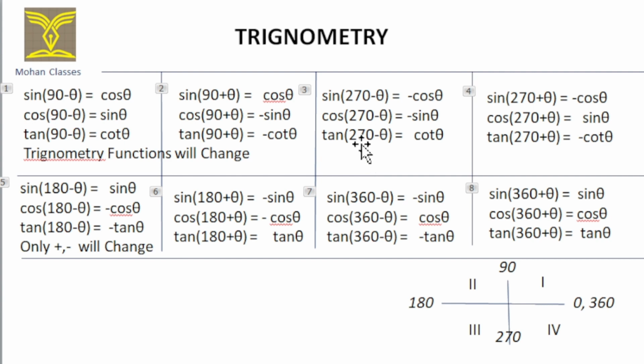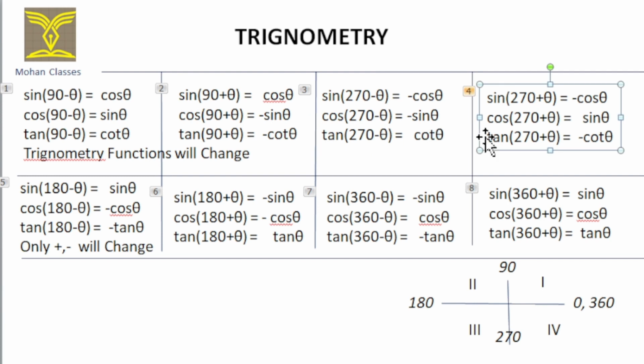Therefore, sine 270 minus theta is minus cos theta. Cos 270 minus theta is minus sine theta. Tan 270 minus theta is cot theta. Here cot theta and tan theta are positive. In 270,